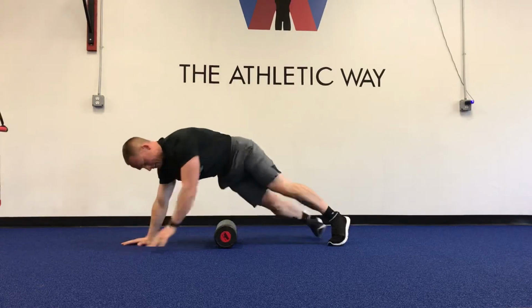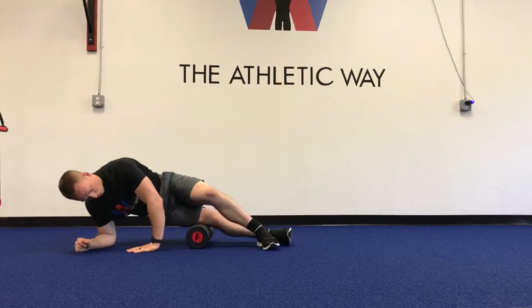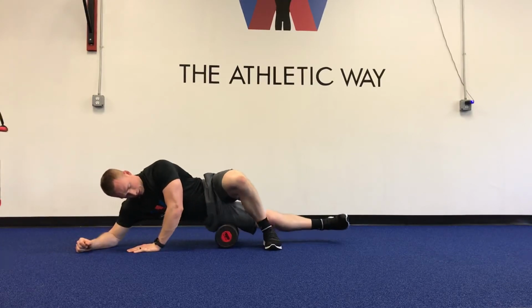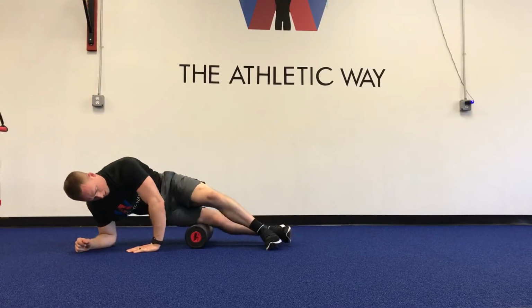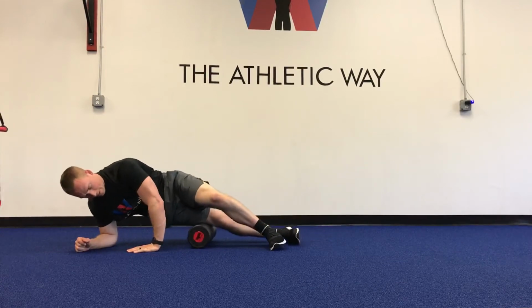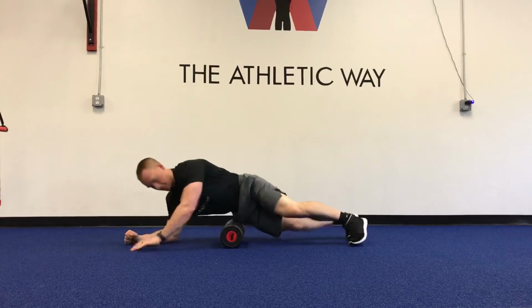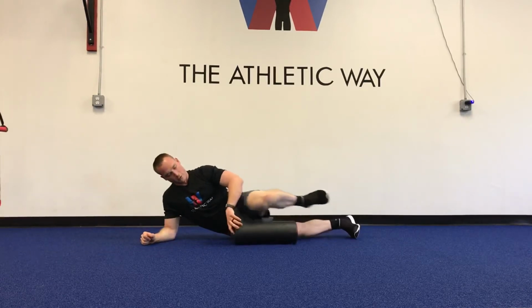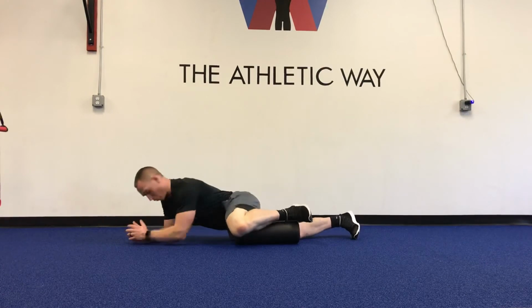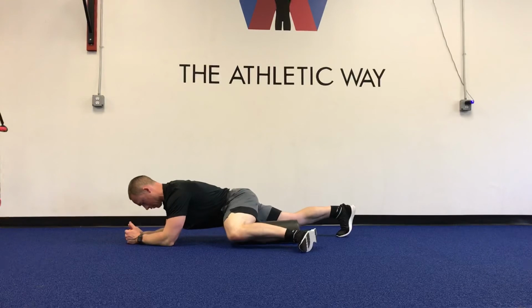IT band here, guys, so the lateral side, okay? Getting that whole region from the hip right down to about the outside top of the knee. Okay, and going slower than I am right now, you can cut that in half as well. The adductor, so that groin region, full in front, 90 degrees. I put the edge of the foam roller right into the adductor tissue and rolling right through,